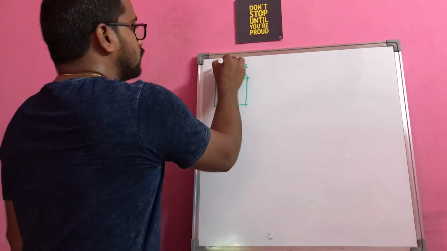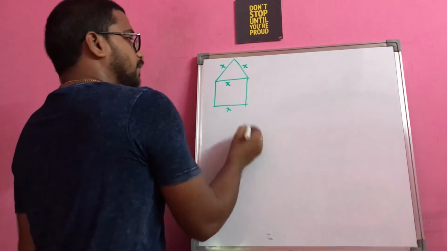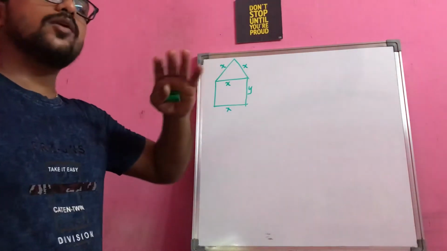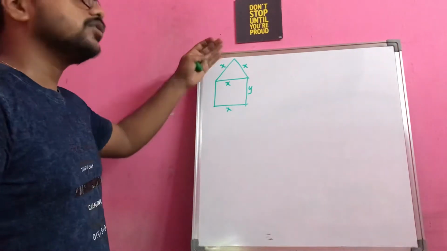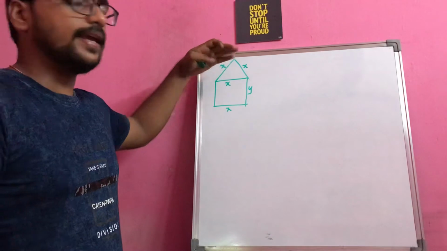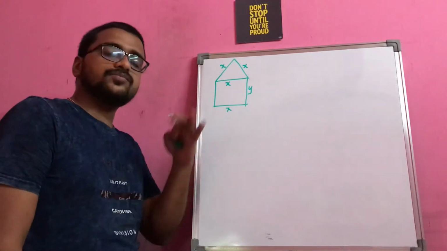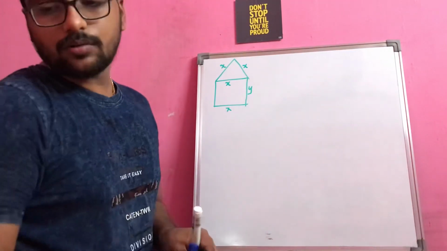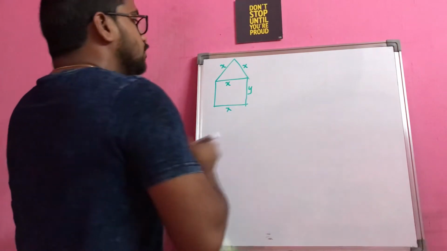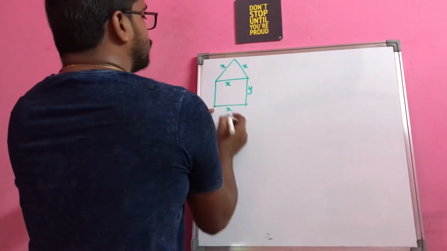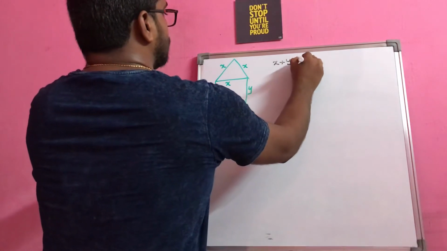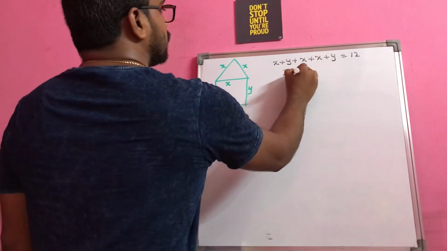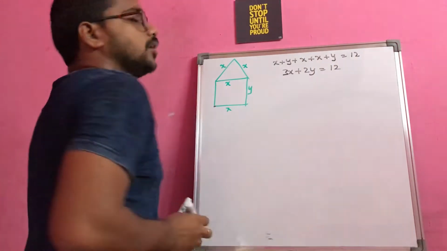So if I take all these dimensions, this will become x, and this is also x, and let this be y, because as I said, there will be a coinciding of at least one part of both the figures. That is, the base of the triangle and the upper length of the rectangle coincide with each other. In this question they mentioned that the perimeter is equal to 12 meters, the remaining part is the same. So let us find the perimeter now. Let us say from here I am starting, x plus y plus x plus x plus y is equal to 12, they had given. So 3x plus 2y is equal to 12 units.